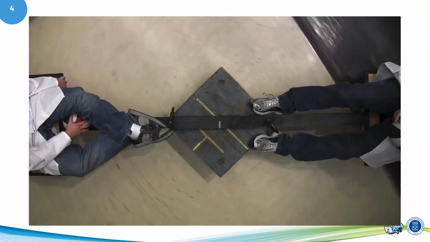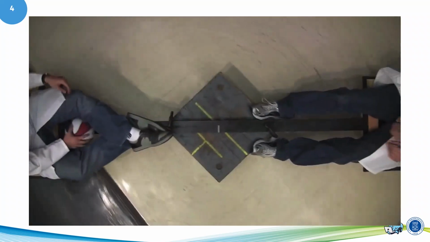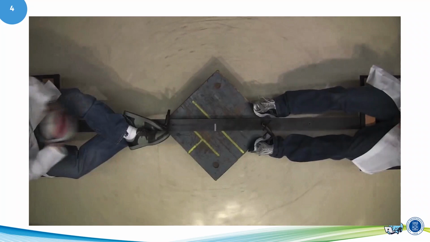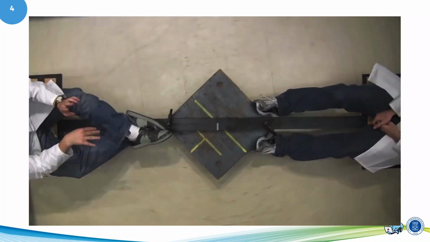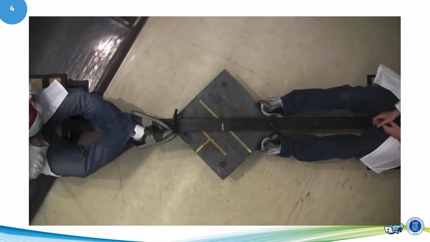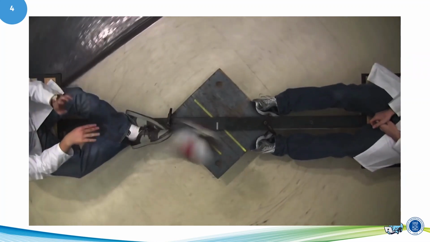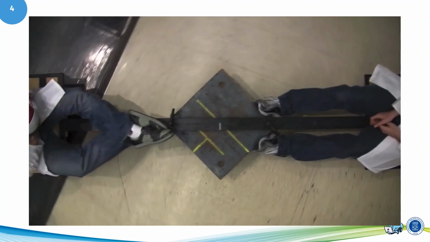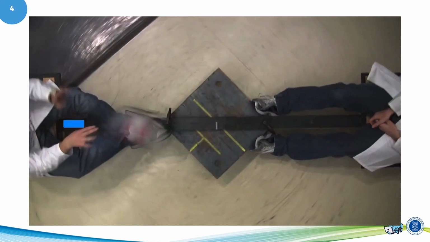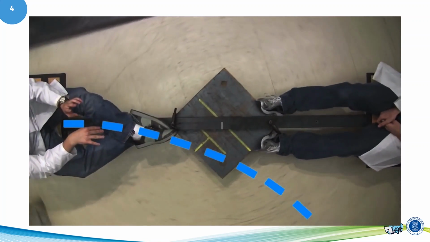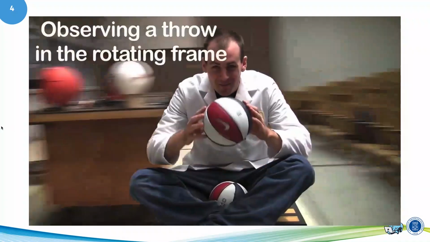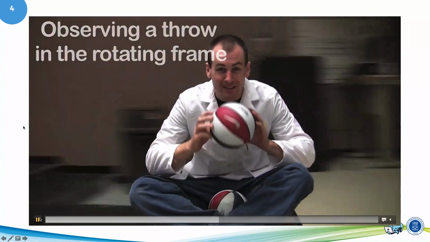Now is another point of view. You see, the ball is shifted to another direction, not in a straight line anymore. Actually, that is the effect of the Coriolis acceleration. Okay, you can see the ball is going to the downside. Okay, I will stop the video here.